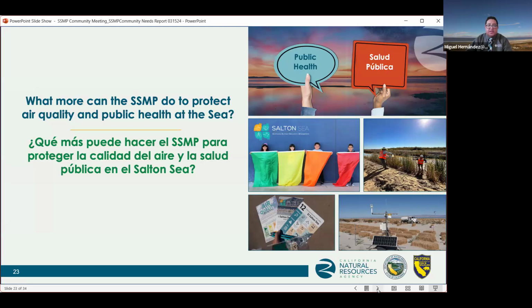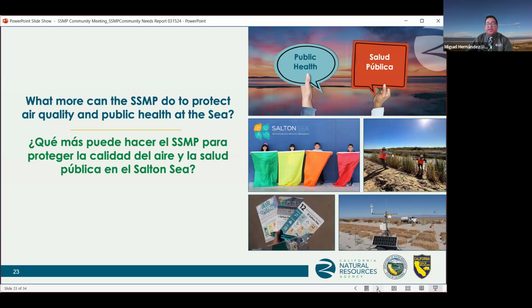It's primarily an awareness program for schools and students to be aware of the air quality. So that's the way the program is currently addressing public health within its jurisdiction. That's just an example of what we're currently doing, but it doesn't mean there are no other opportunities.